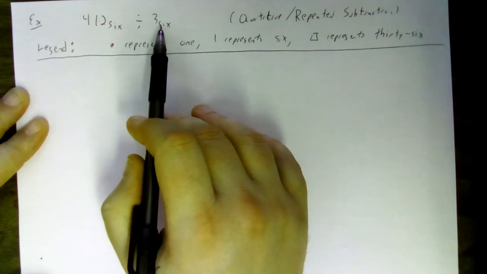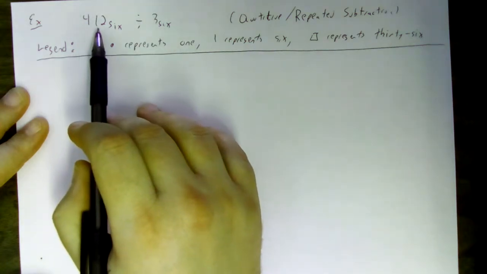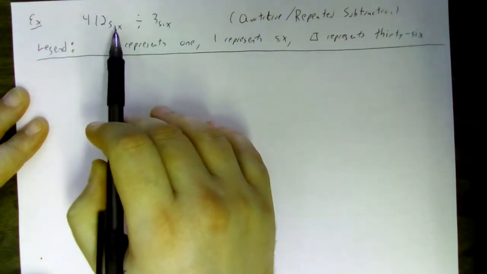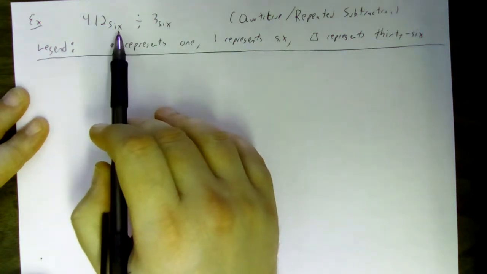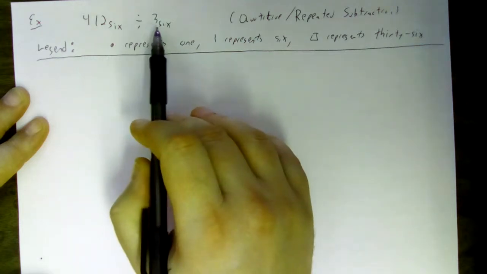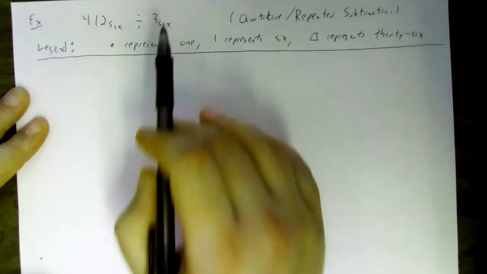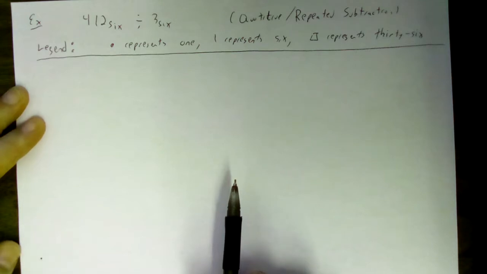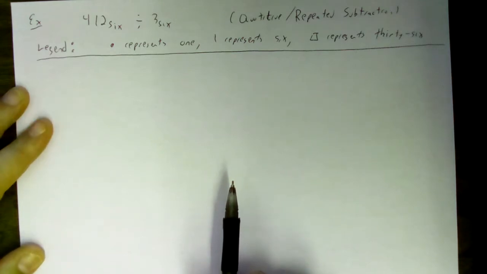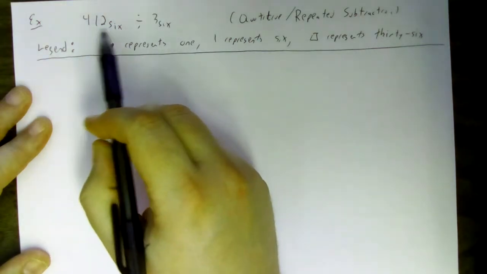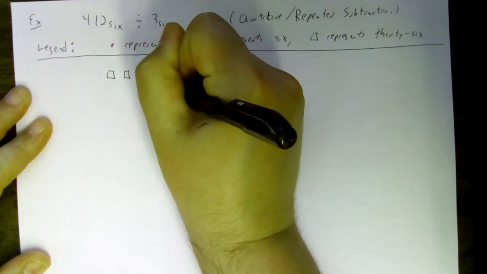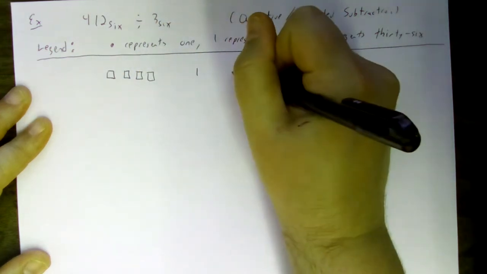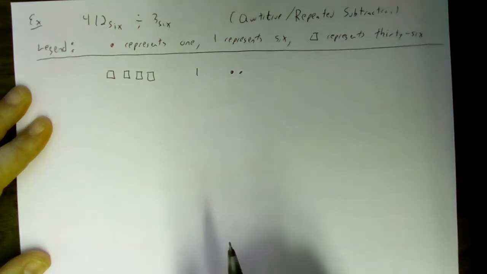divided by 3 in base 6 is you have this many things and you'd like to make groups of this size. We have 412 in base 6 things and we'd like to make groups of size 3. The question is, how many groups can we make and how much is left over? That tells me how I should start my drawings. I should begin with this many things, 4 36s, 1 6, and 2 1s, and I need to make groups